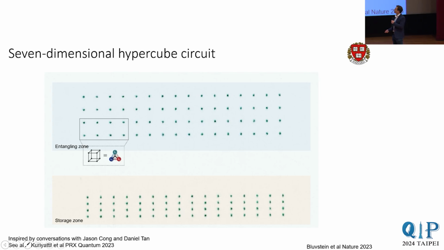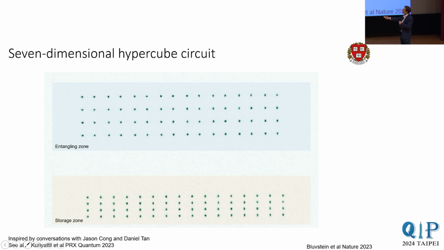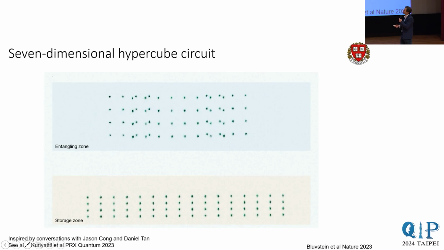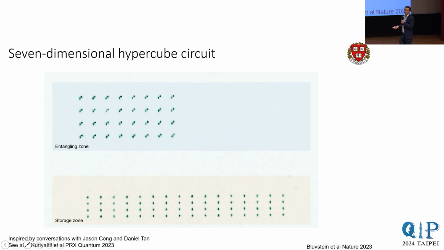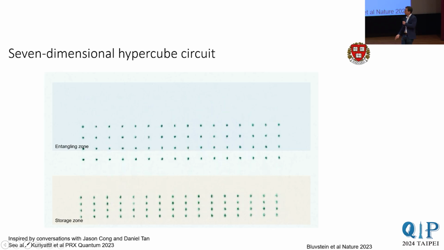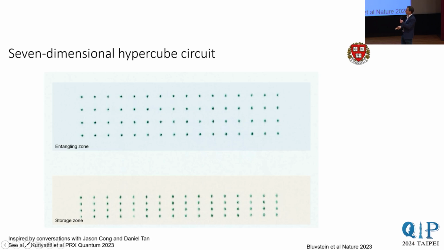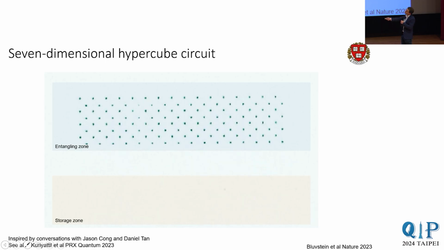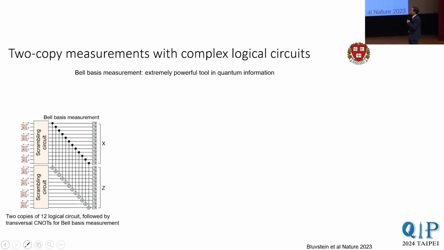Okay, and here is a movie of how exactly this quantum circuit looks. We entangled these local blocks into these cubes, so that makes 832 cubes. And now we entangle them in higher and higher dimensional structures in order to make higher and higher dimensional hypercubes. We run out of space here, so we take these logical qubits, drop them off in the storage zone, pick up new physical qubits, and run the process all over again. All that time, these qubits are in the storage zone preserving coherence. Then right at the very end, we take this first group and do a gate with the second group. This is just the way that we chose to structure this circuit, but you can get a sense of the flexibility of the system.